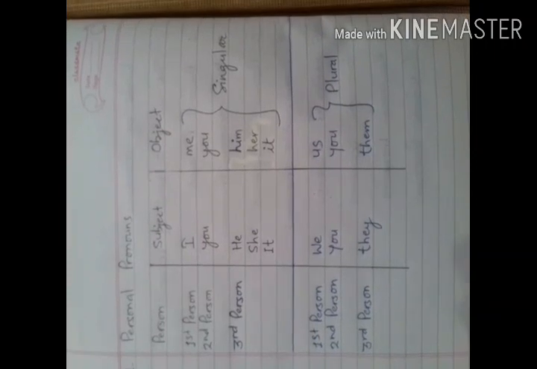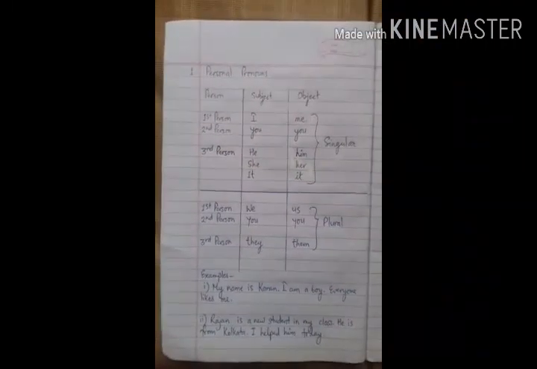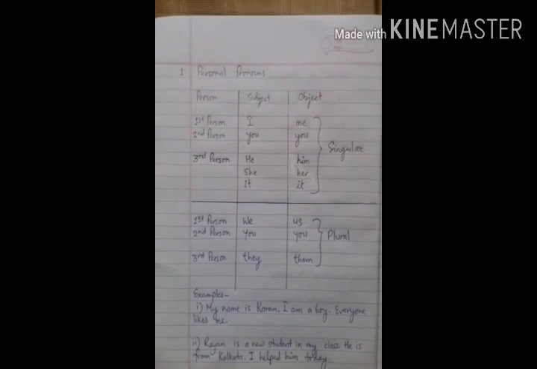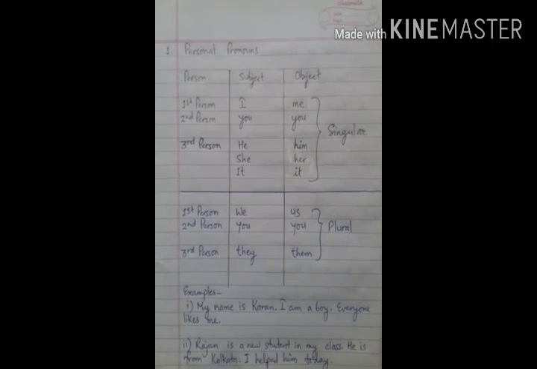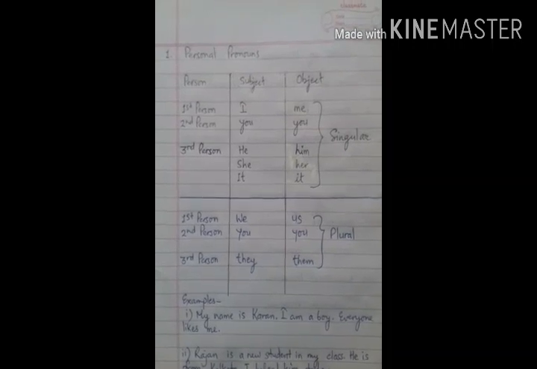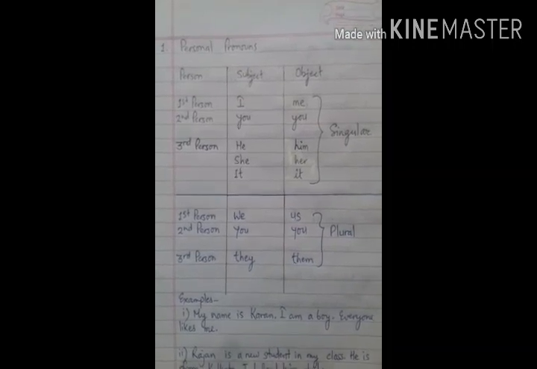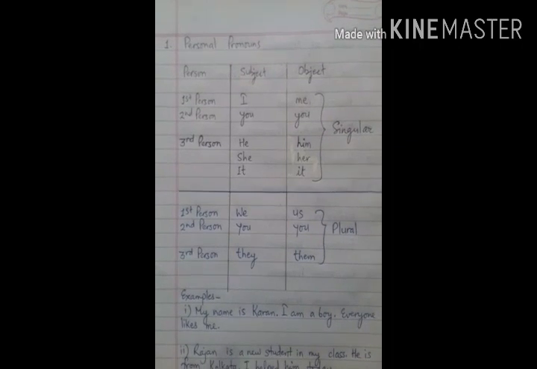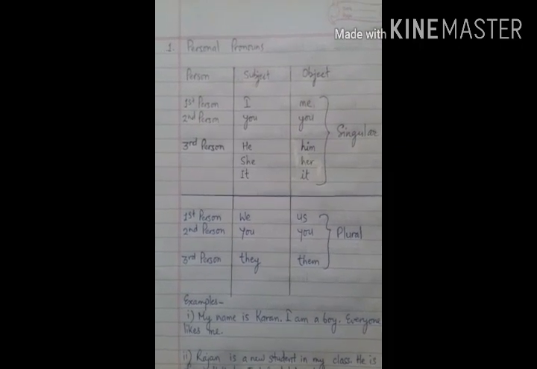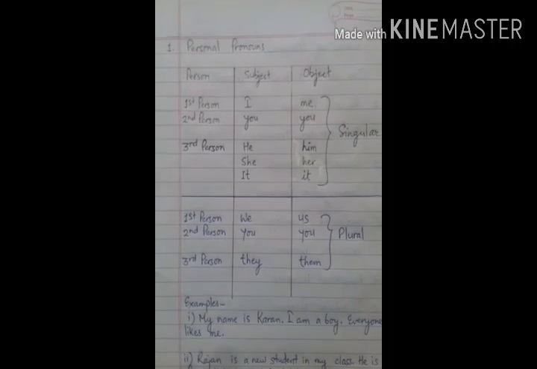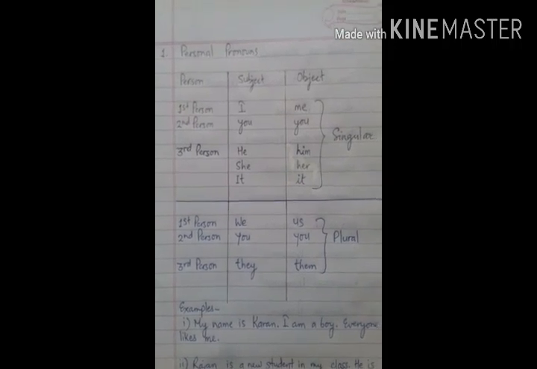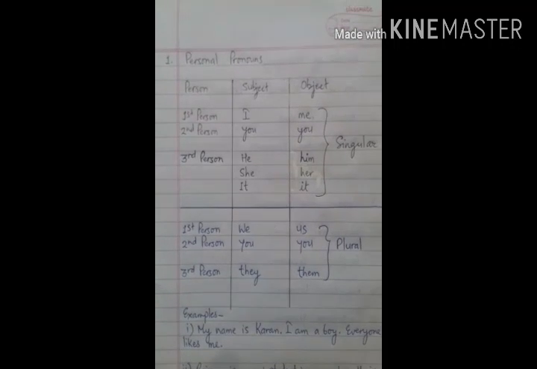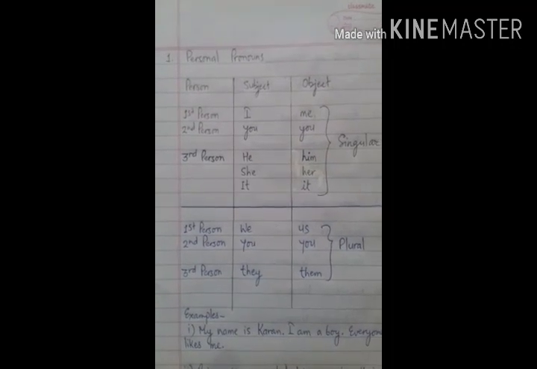So here, if you see, how to understand personal pronouns in this column is to understand the person we refer to. Here the person refers to whether it is the name of persons, places, animals or things. So first person means the person who is speaking. If I am speaking, I always refer to myself as I.